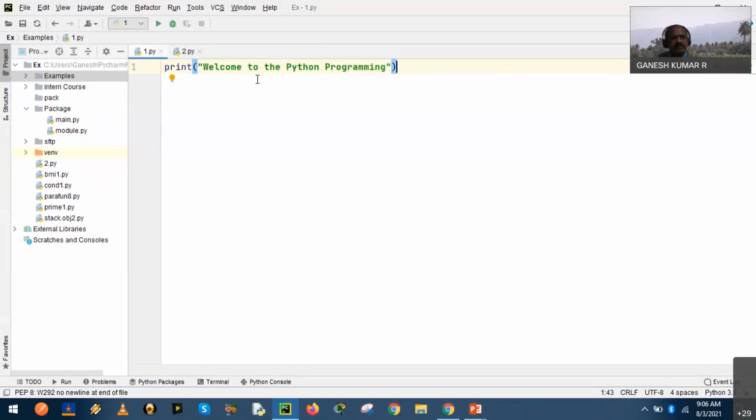As you see, the different components of the program: this statement, print welcome to Python programming, consists of 6 parts. Kindly note, this print function consists of a minimum of 6 parts. Number 1, the keyword, the reserved word print. And then we have an open parenthesis, a double quote, quotation marks, a line of text, a group of character strings.